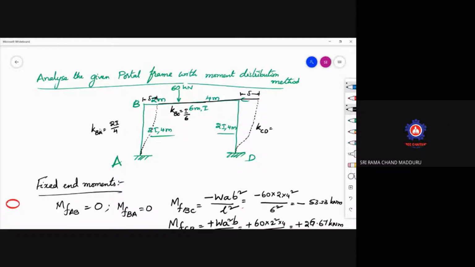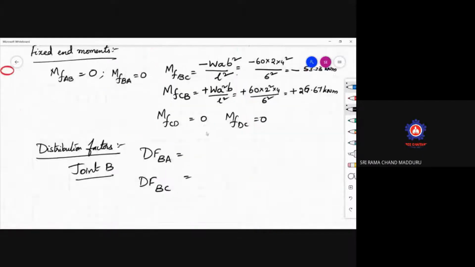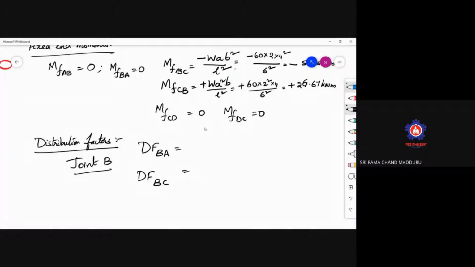KCD is with respect to C, that is far end D is fixed. So this is 2I by 4. We need to understand the relative stiffness of the members. So DFBA is nothing but KBA by